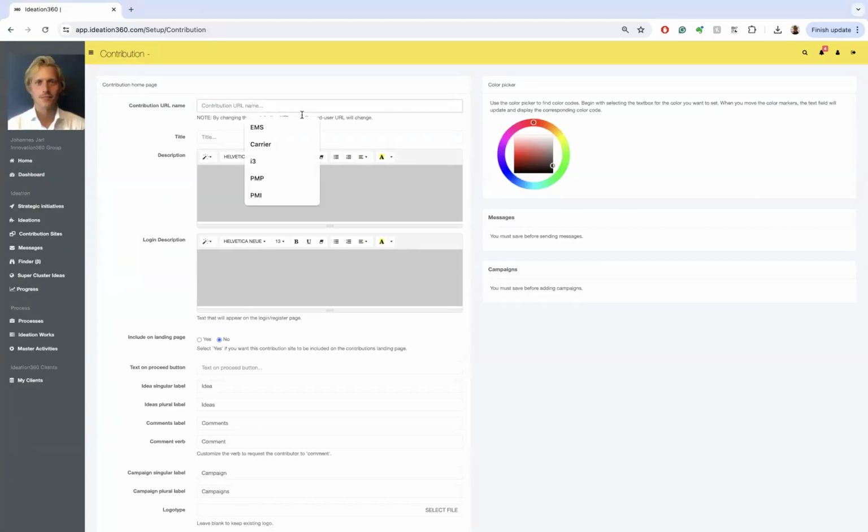All right. So contribution URL name. Here we want to, this is what, if people, when you invite this, what will be the URL? How do you find this site? It will always be app.ideation360.com/whatever you put here. So if we put the contribution name, for instance, onboarding as an example,